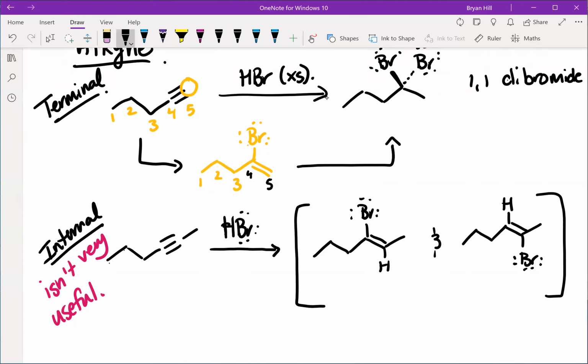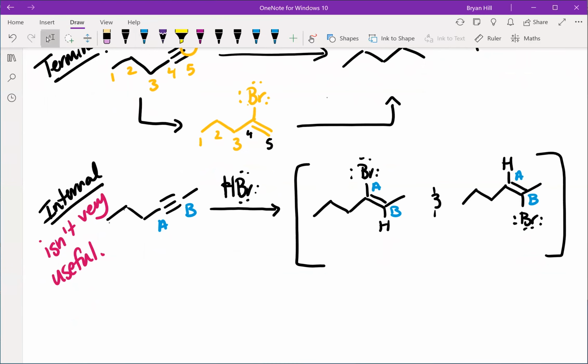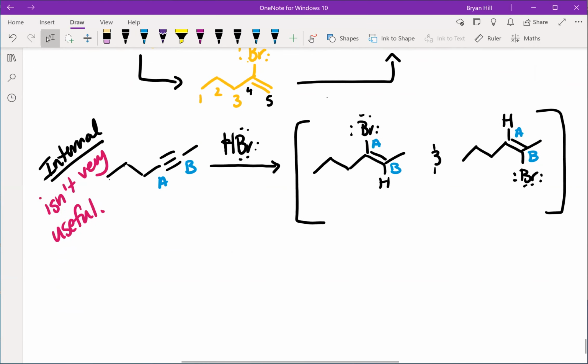So we'll call this one carbon A. We'll call this one carbon B. So this is carbon A, B, A, B. You'll notice that we should get a statistical mixture of the two. But then once you've made that in the first step, in the second step, one carbon does have more protons than the other carbon, so the rich get richer. So this will solely form